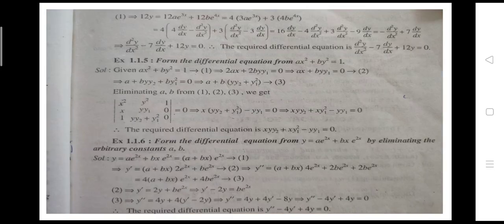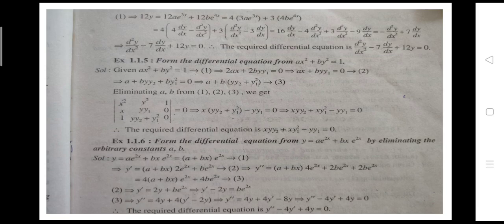And here, suppose from 1, 12y is equal to 12a into e power 3x plus 12b into e power 4x, is equal to 4 times 3a e power 3x plus 3 times 4b into e power 4x. Now simplifying, we got 4 into 4 dy by dx minus d square y by dx square plus 3 into d